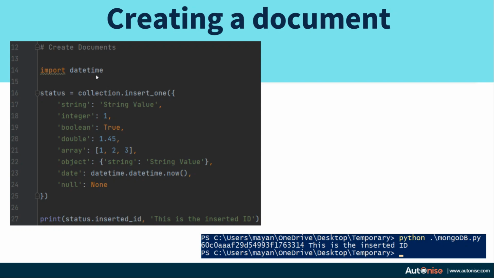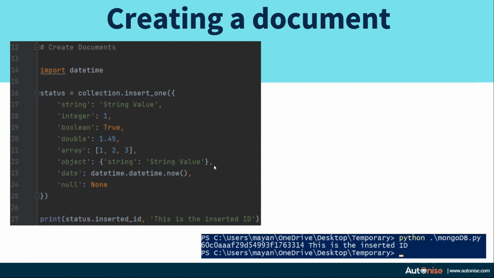Whenever you insert a document, a unique ID is generated by MongoDB and provided to the document. If you want to have a look at what the inserted ID is, you can print status.inserted_id to get the numeric or the string value of the ID.